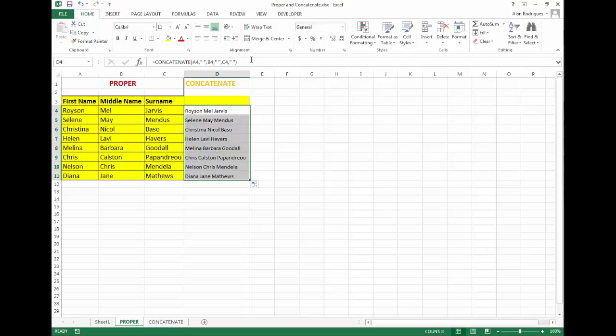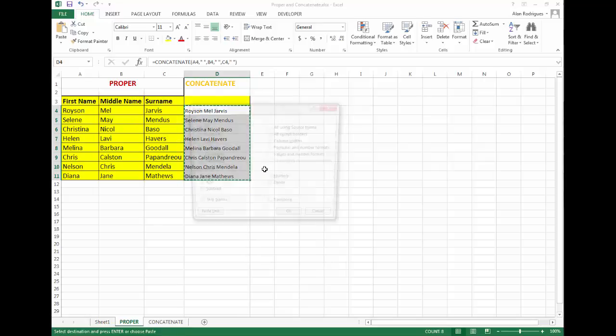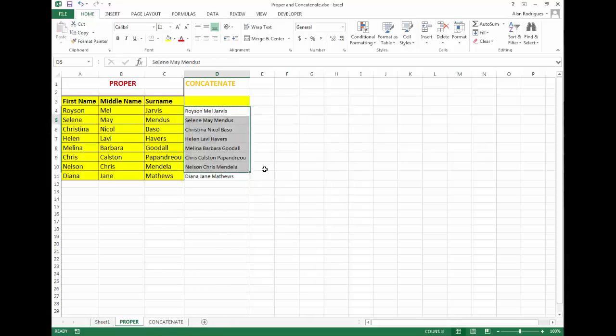Now to remove the formula, as you have already selected, simply Ctrl C to copy, go to Menu, Tab, select Paste Special, Enter, type V on your keyboard for values and Enter. So here you have the full names of all the persons down below.